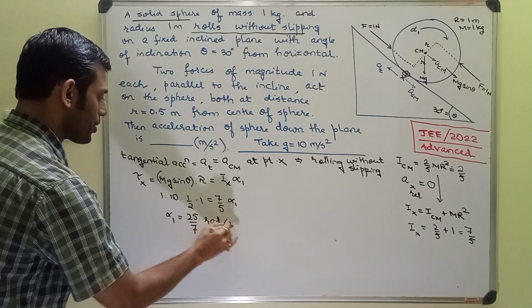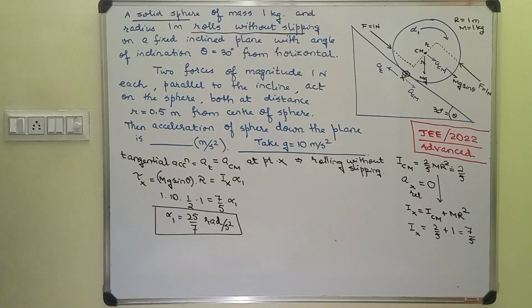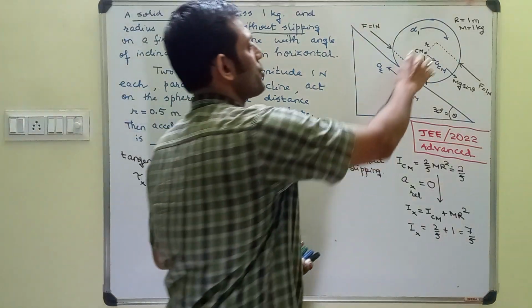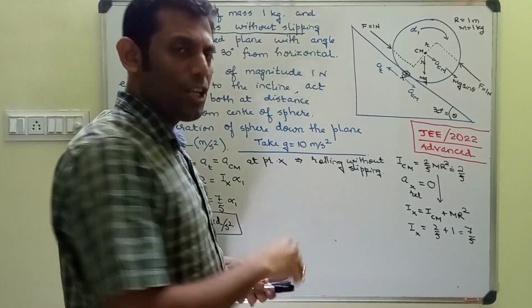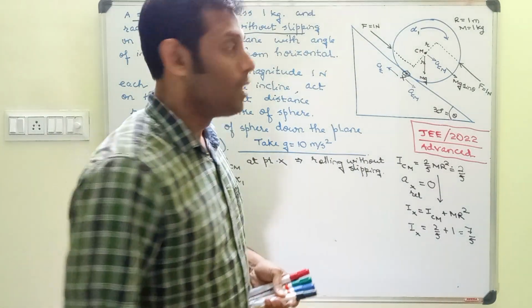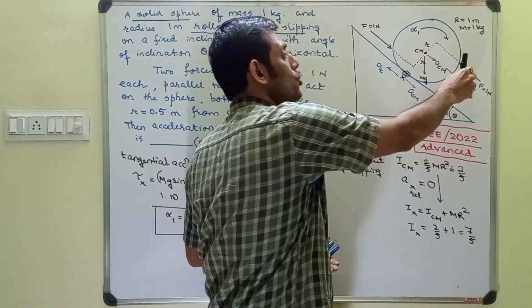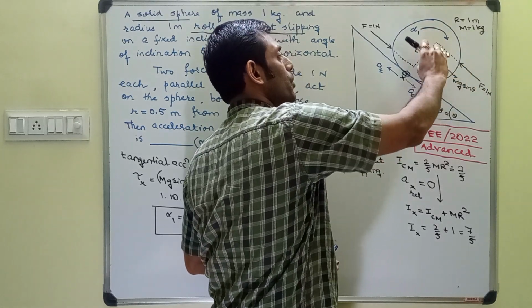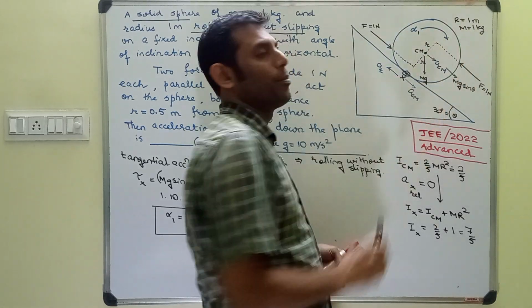Alpha 1 is equal to 25 by 7 radian per second square. Now, if we consider the forces that are acting on the body at these two positions at the distances of half a meter, each of them will produce torques. Now, that can be about the center of mass also. This can produce a torque about the center of mass,